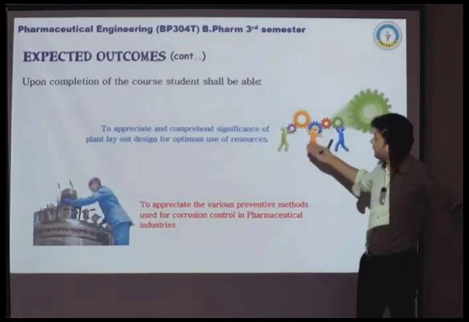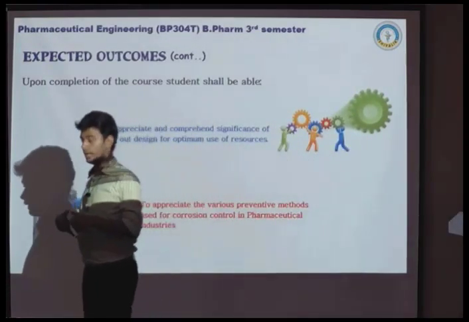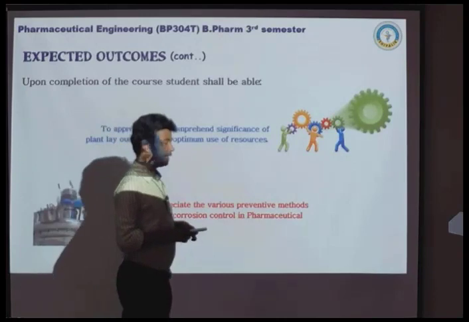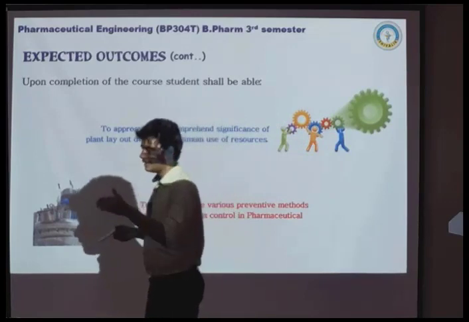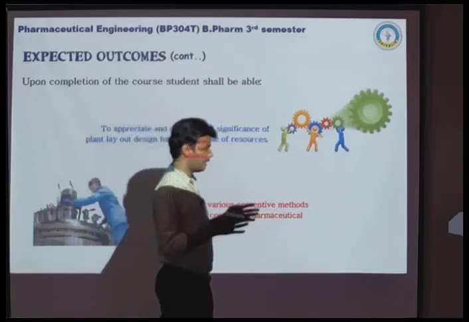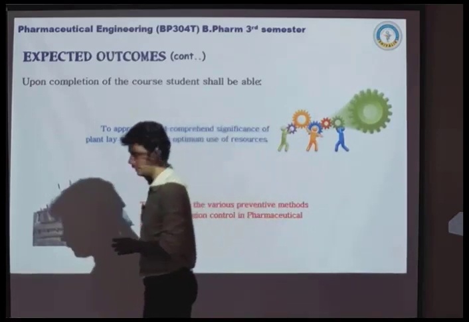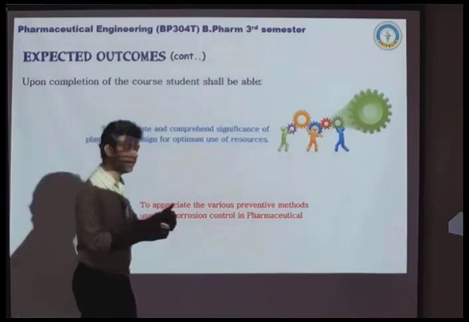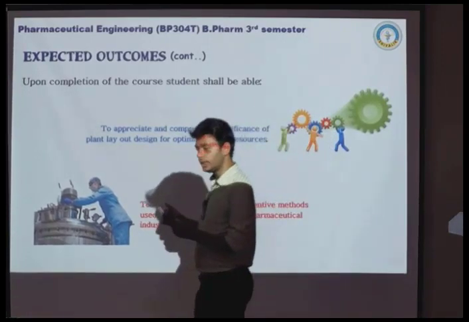Other outcomes may be that you will have the knowledge of how to use our resources at the optimum level. Our plant layout design, obviously, if we are having a pharmaceutical laboratory, if we are conducting practicals at our institutional level only, I'm not talking about the pharmaceutical industry, we have a specific laboratory for a specific subject. Suppose we are having a pharmaceutical engineering subject, we have a separate machine room for it. We have a separate pharmaceutics laboratory for it, and we have specific equipment and machinery in an equipment lab also.